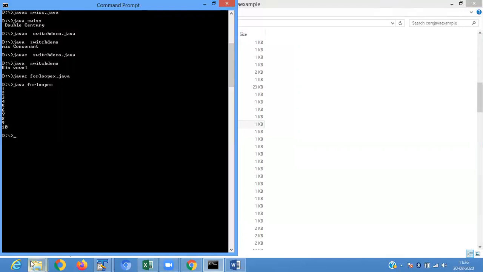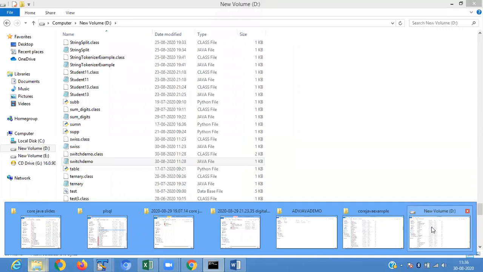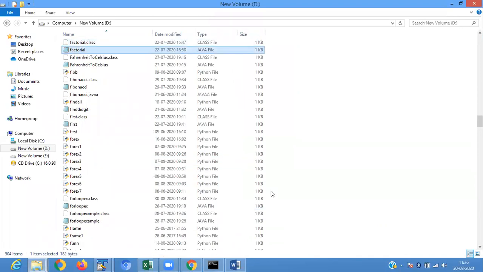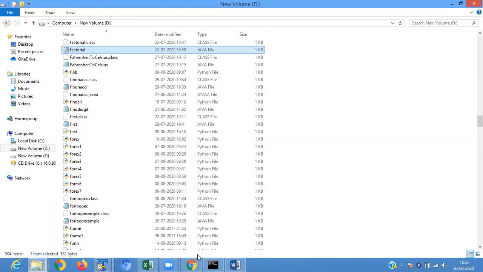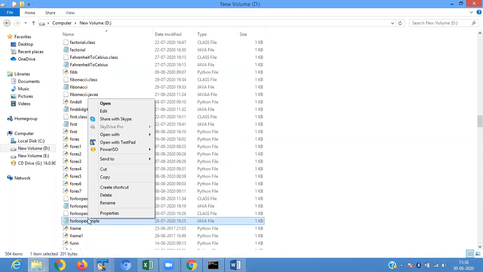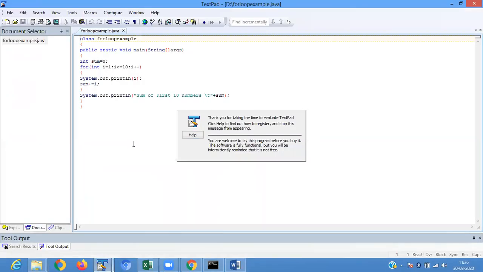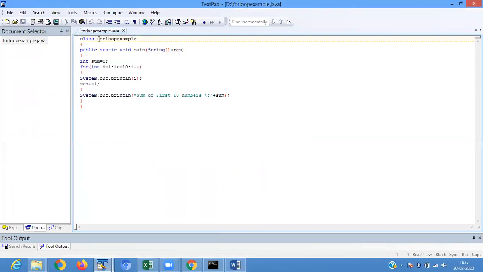This is all about the for loop. Then another example of a for loop: it adds the first 10 natural numbers.